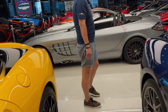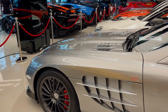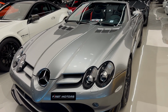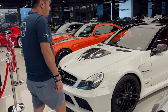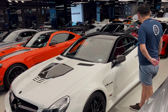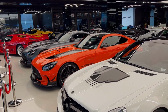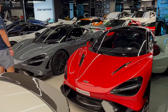And then yeah, behind that, we go into this, which we don't get in Australia, which is a McLaren SLR 722S Roadster. I think this looks mad. Woof. Not bad, good size. And next to this is a wide body SL65 by Brabus. Never seen this before. Wow. Then we got 2 Black Series AMGs. We've got a bank of 3 765 LT coupes in the red and the chicane, and then what color is